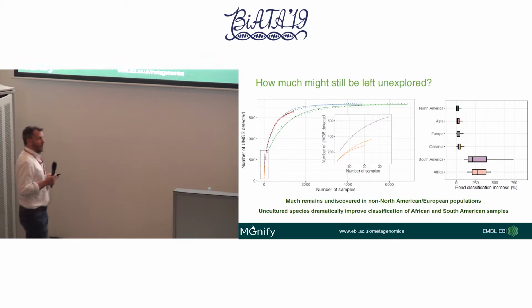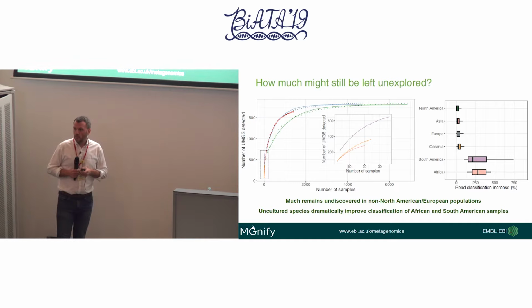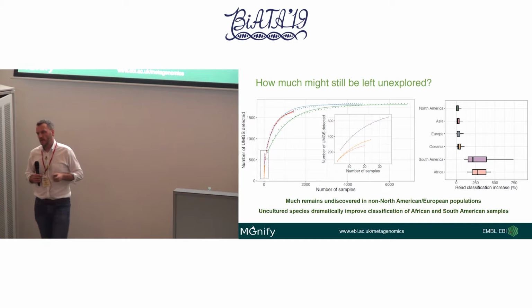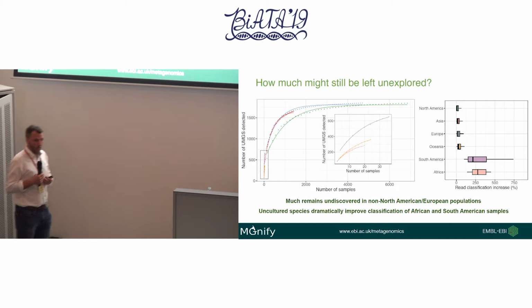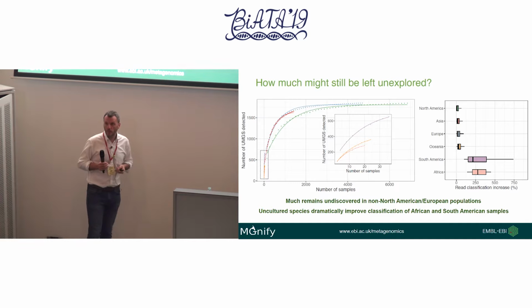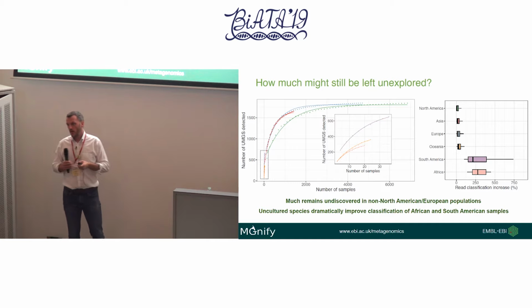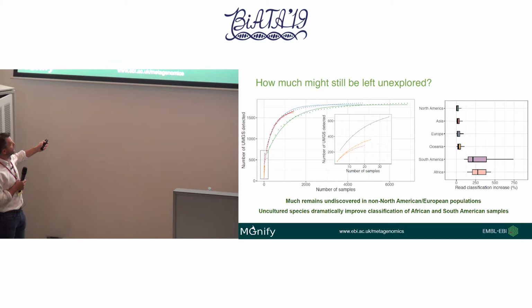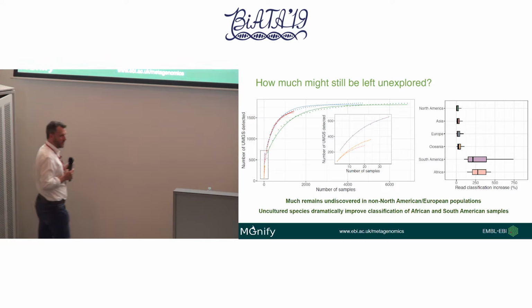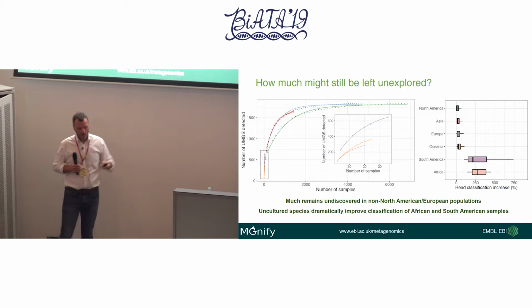So what we did is, as we added more samples in, we asked how many new MAGs did we see as we added more samples in from these different continents. So North America is the most sampled geographically, Europe thereafter. So we have many more of those. So as we add more of those samples in, how many new MAGs do we see? So if we plot this cumulative number of MAGs detected, what we see is as we add more samples, once you get over about 2,000, we started to shoulder off.